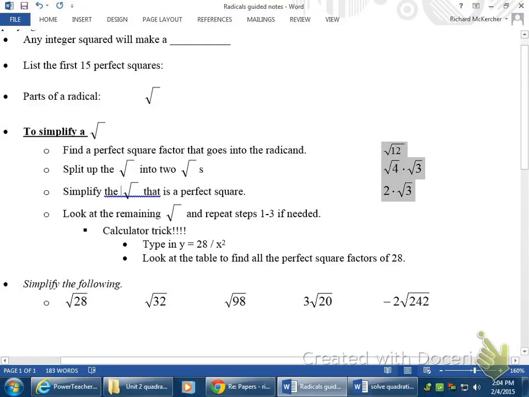Hey guys, for Math 2, this is a real quick review on simplifying radicals. We're not going to do anything other than just simplify. We're not going to deal with denominators, we're not going to deal with variables, just a real quick, simple review of it. So first thing we remind ourselves is what we call an integer squared, and we call those perfect